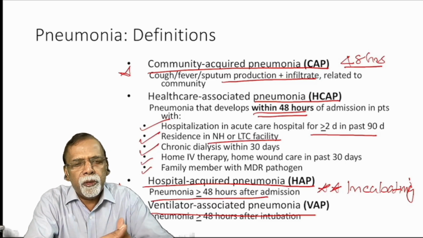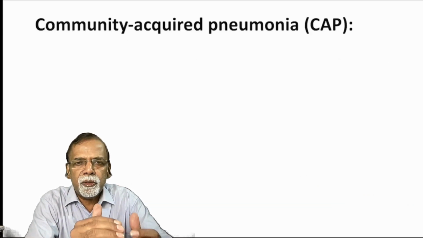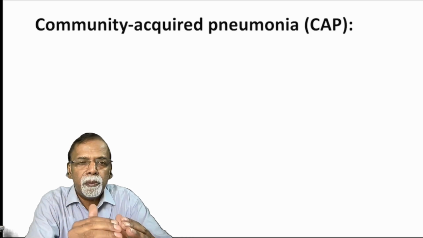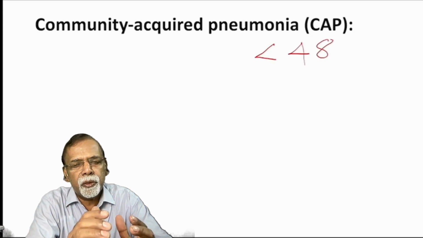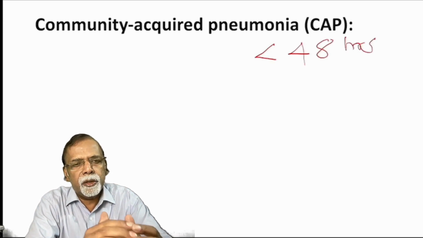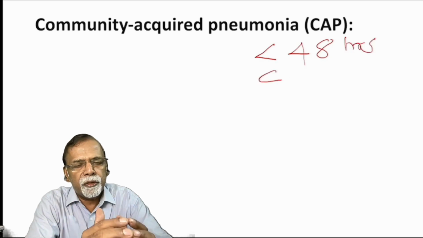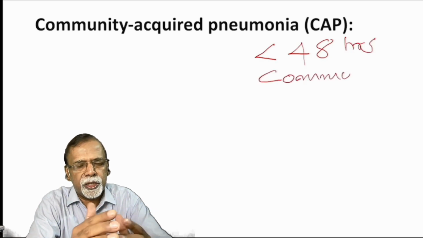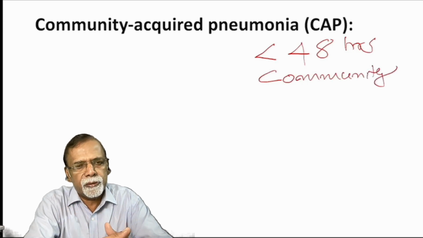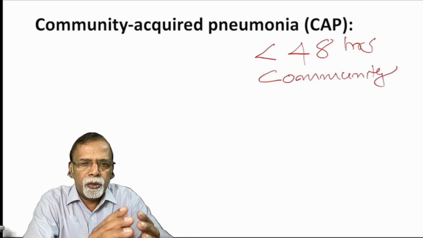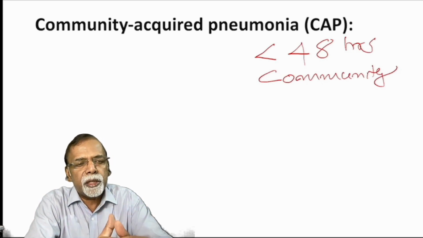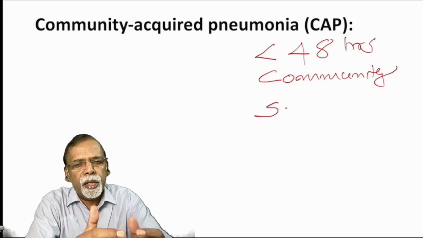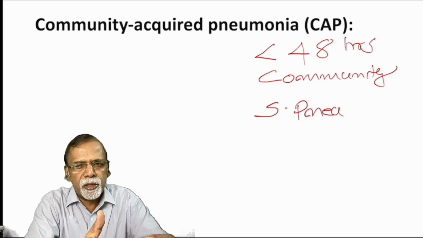Now going to community acquired pneumonia, the definition I have already said refers to pneumonia that develops in individuals who have not been hospitalized or residing in a long-term care facility or nursing home. And the pneumonia should be within 48 hours of admission, or the chest X-ray finding should occur within 48 hours. This is produced typically by certain bacteria, especially Streptococcus pneumoniae. The majority of cases are due to Streptococcus pneumoniae, Haemophilus influenzae, Mycoplasma, or viruses such as influenza or respiratory syncytial virus.